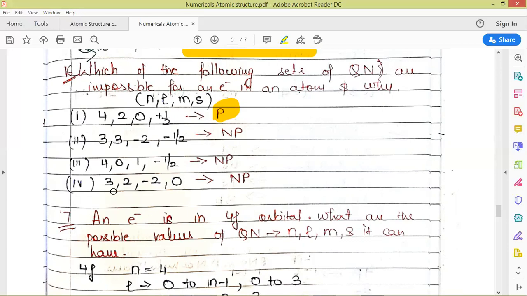So this set of quantum numbers is not possible for an electron. Next we have n as 3. That means principal shell number is 3. Further L is 2, that means 0 to n minus 1, okay, this is possible. The values of M can be minus L to plus L, so yes, the minus 2 value of M is also possible. But spin can only be plus half or minus half. It can never be 0. So this set is also not possible. So the only possible set out of these four sets of quantum numbers is the first one.